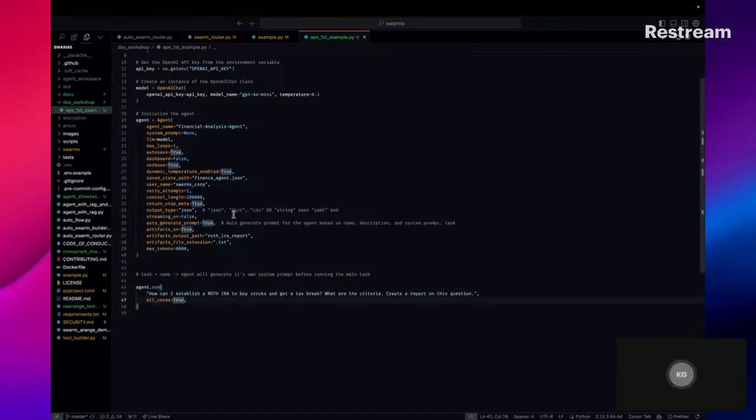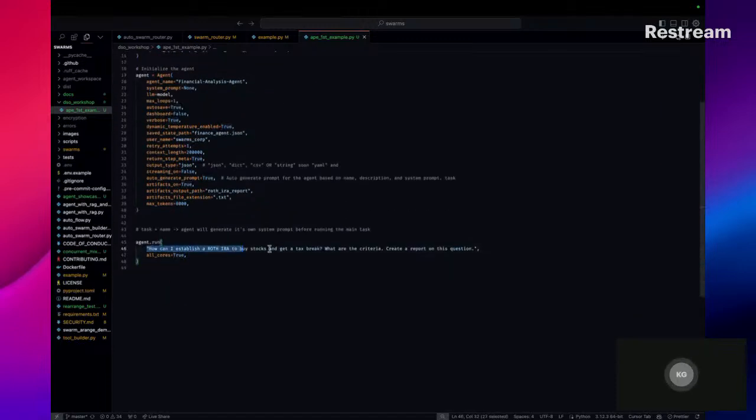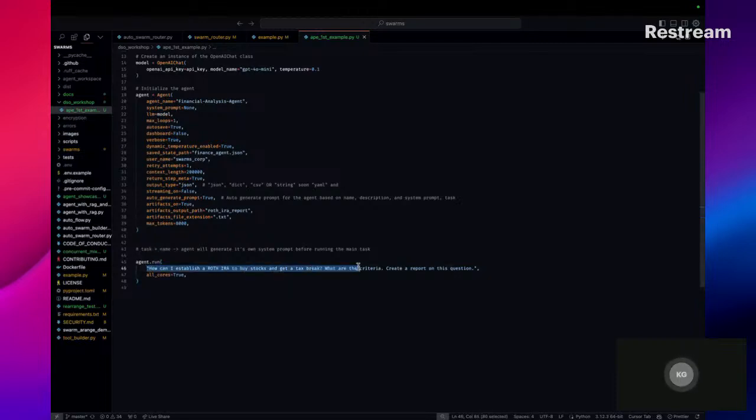So here, if you say, how can I establish a Roth IRA to buy stocks and get a tax break? What are the criteria? Create a report on this question. It'll specialize itself to creating Roth IRAs. So this is the main input problem, the main task.